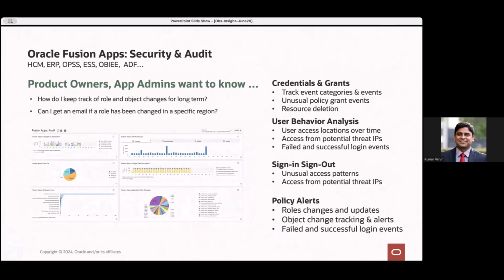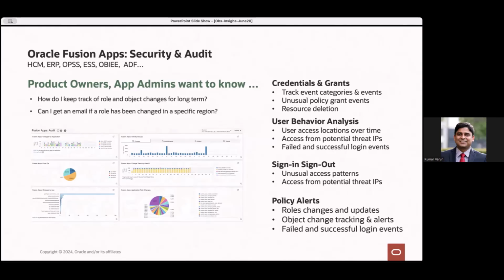For example, in case of OPSS, they want to track what roles and object changes occurred. This becomes especially important in the case of HCM and ERP, where they want to track long-term role changes or object changes in terms of payroll or people, and then they want to get alerted quickly. The other use case is that internal auditors and internal IT security teams want to quickly be provided this data in a meaningful way